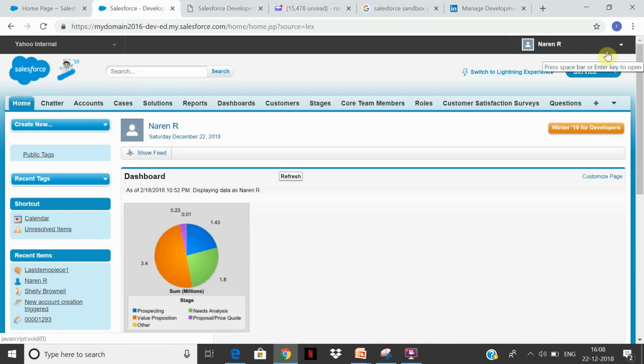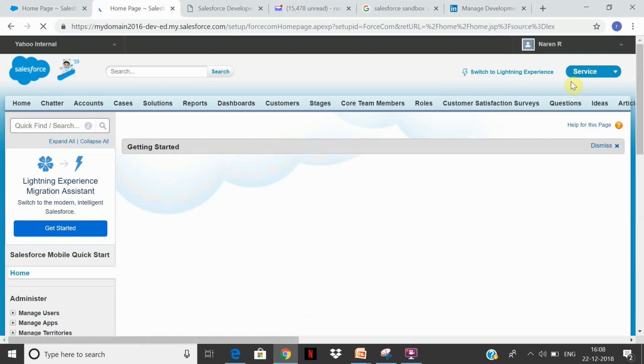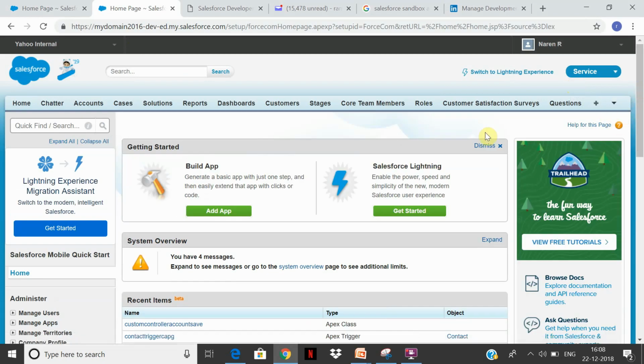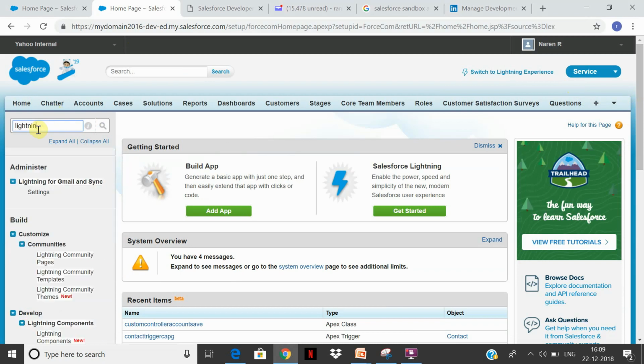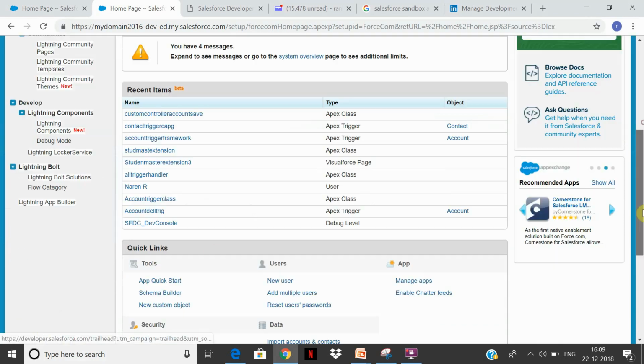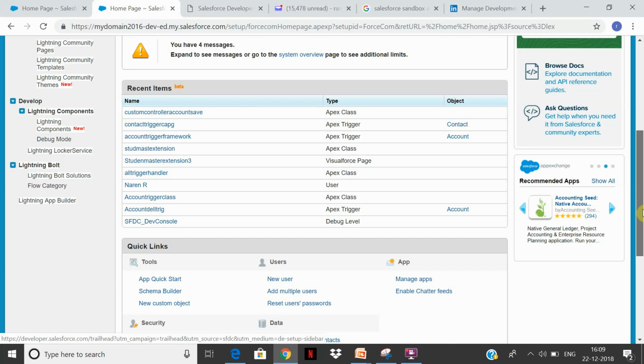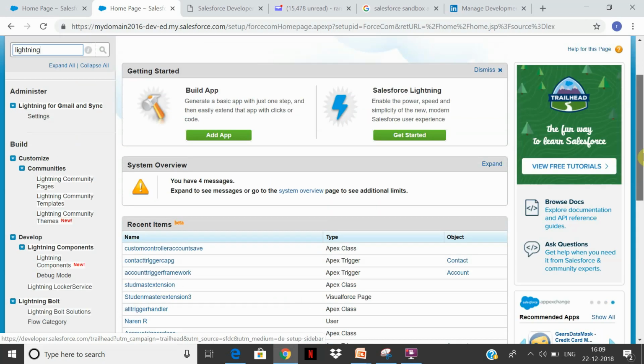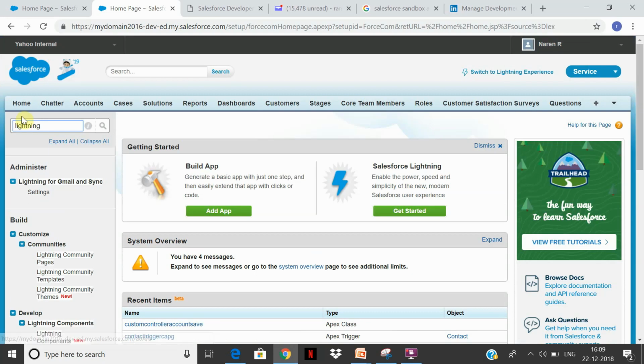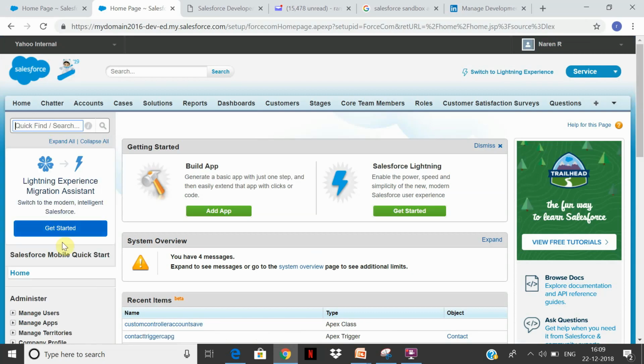Now if some of you are still having issues and are not able to see the other screen, and you cannot see the Lightning application, you have to check whether your Lightning application has been enabled. Mostly it is already enabled. In my case it's already activated, but some of you may have made some mistakes.